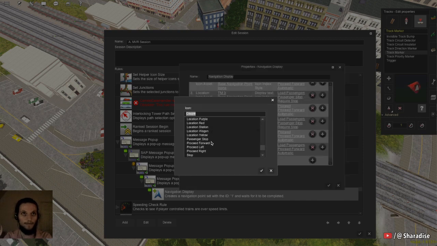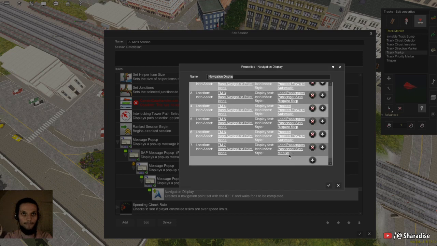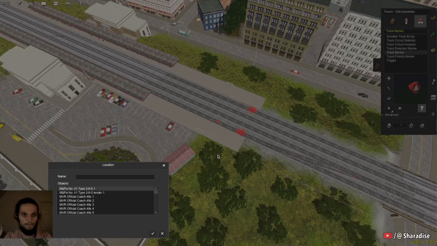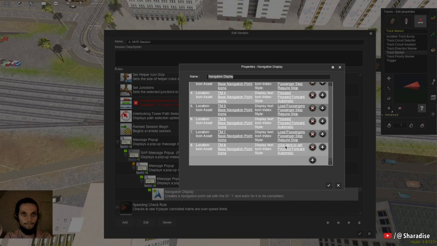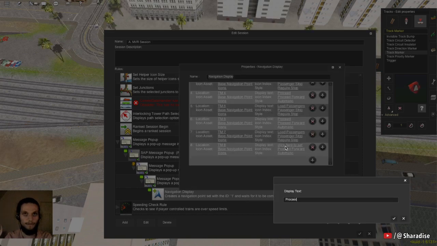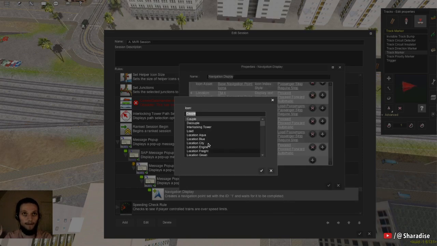Yeah, this one needs to be passenger stop, required stop. Number 8, TM8, proceed, but this one needs to have a left arrow, so proceed left,